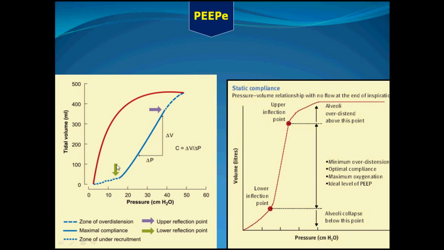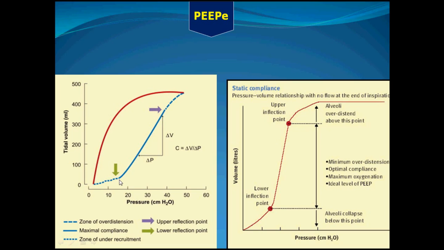That's why when you look at this, this is the lower inflection point, this is the upper inflection point. This is the lower inflection point where a larger change in the pressure is associated with a smaller change in the tidal volume. That's why we usually put a PEEP 1 to 2 centimeter water more than this point in order to start